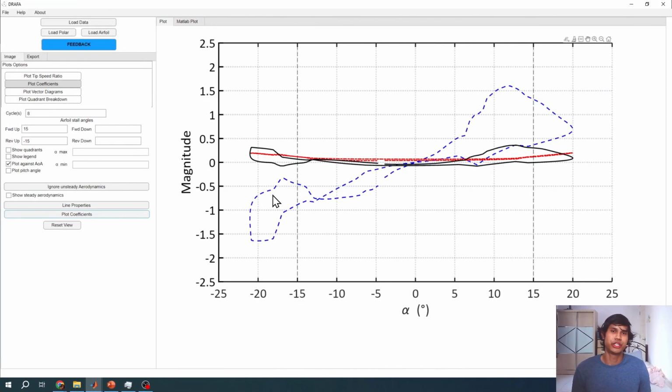Now let me pose a question to you guys. How do we isolate the effects of unsteady aerodynamics of the turbine? And the answer to this is simple. Imagine if we had a turbine blade, we placed it at 0 degrees, and we blow the inflow and